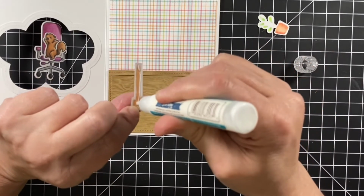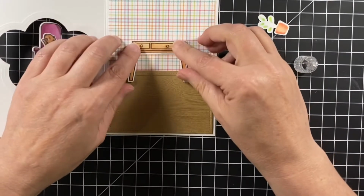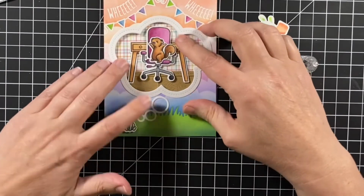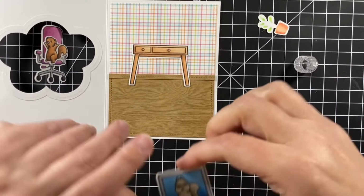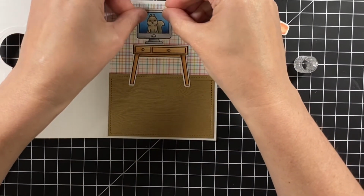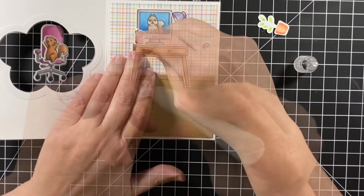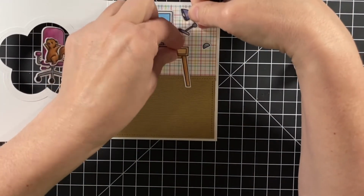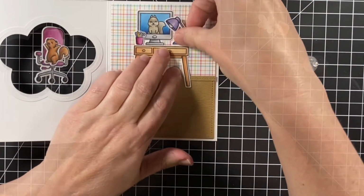We have our desk, glue that on, and I want to make sure that it's at a good position with the chair. So I'll look at that through the thought bubble, and yeah, I'm pretty happy with the position of that. So I can add the monitor, and he must be in a meeting right now with this other squirrel. I wonder what that squirrel is thinking about him spinning around in his chair. Well, he's probably happy for him for his new promotion. Or he's thinking, how did this squirrely guy get promoted before me? Well, all right. Who knows what he's...